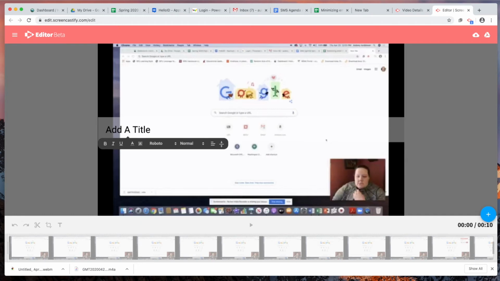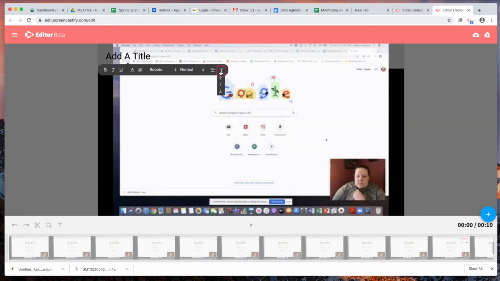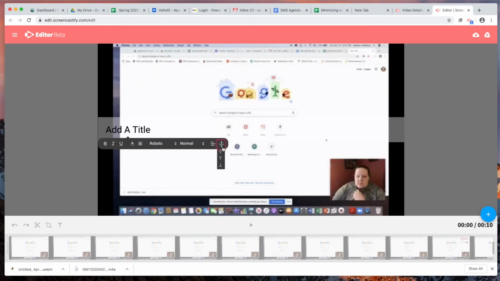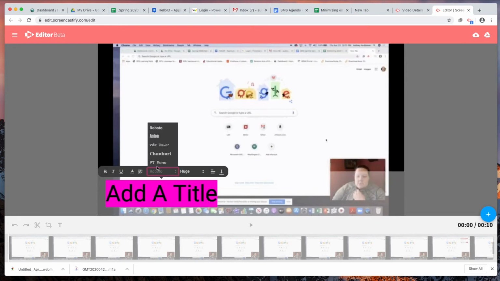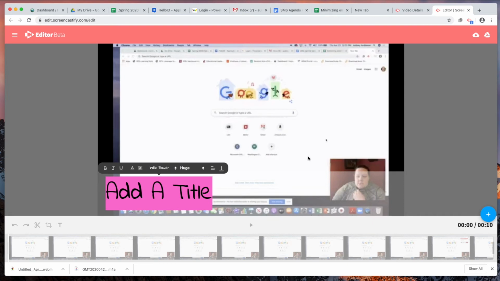You're limited in where your placement is, so this one's in the center. You can place your text at the top, again in the center, and then at the bottom. You can highlight it and change the color of the text, just like you would in any Google suite item, so email, etc. The sizing looks similar to what it does in email, so you have small, medium, large,